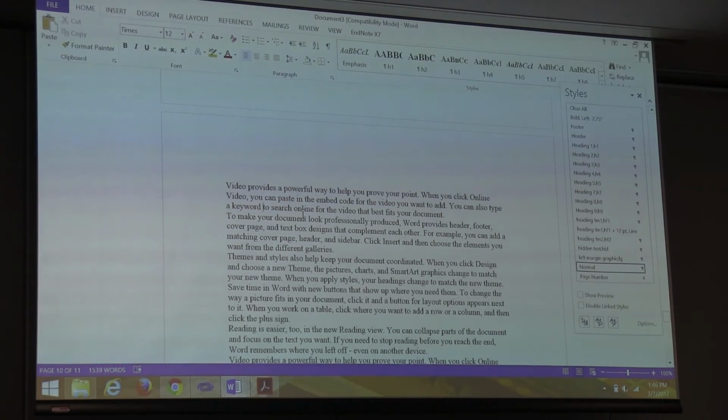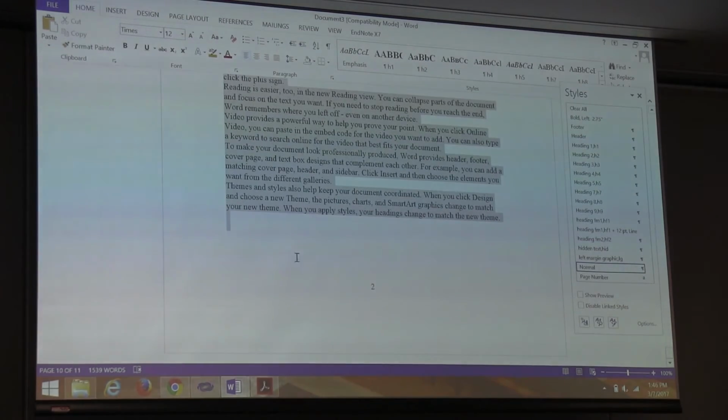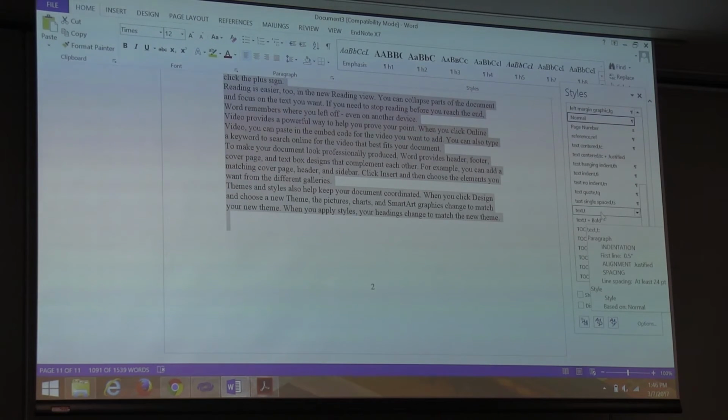But one of the styles that we tweaked or created is called the text style. So if you select a block of text and then look over in this list of styles for one that's called text, the comma thing is the abbreviation for that style, like text comma T is the abbreviation for text.